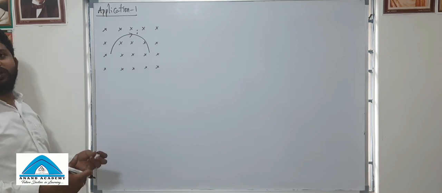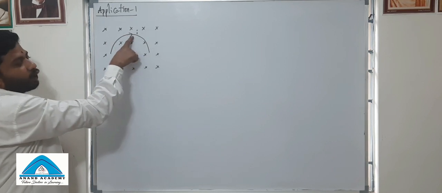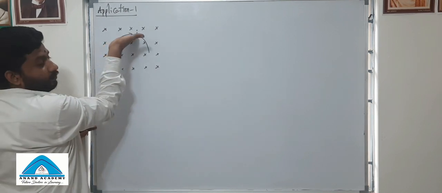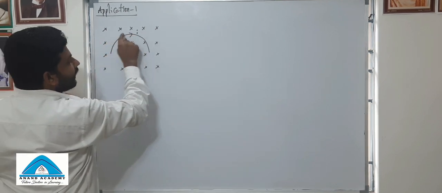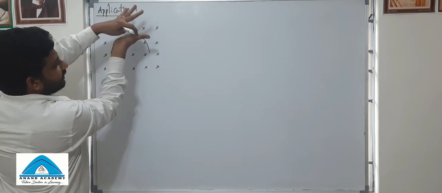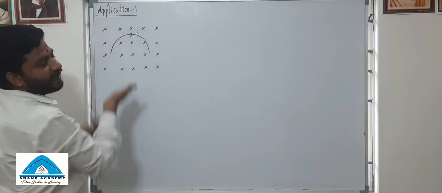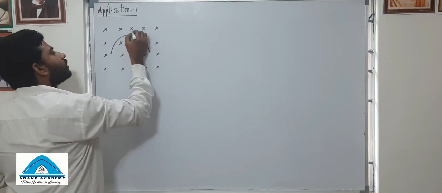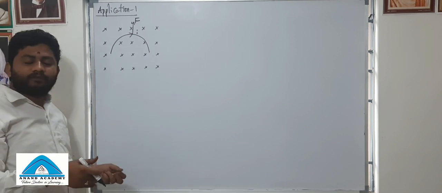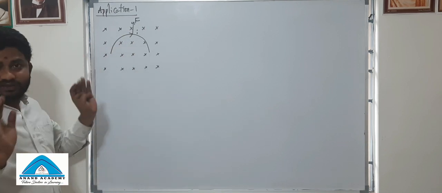Definitely the force acting on this wire will be having direction. Look at this. At this point you apply right hand palm rule, right? So stretched fingers are into the plane, magnetic field direction, and at this point current is moving in this direction. You can see here the current is moving in this direction, which is represented with my thumb, and the stretched palm will give you the direction of force. So the palm is facing the upward direction, and you can also use Fleming's left hand rule to find the force. So magnetic force is there.